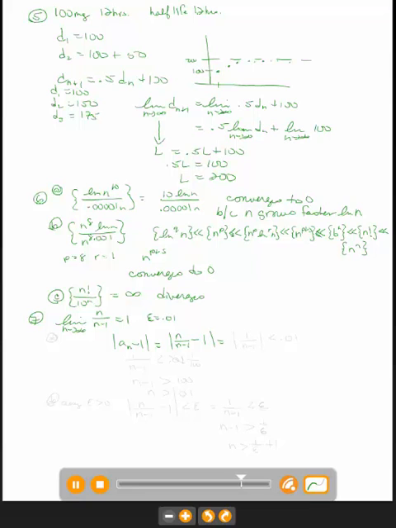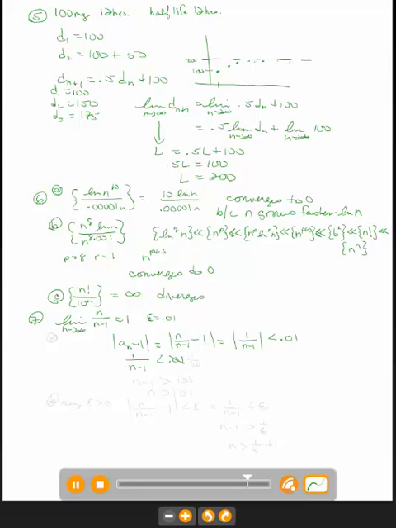If I change the 1 to n minus 1 over n minus 1, I end up with 1 over n minus 1, and that has to be less than epsilon, and epsilon is 0.01. N's got to be greater than 1, so the absolute value can be removed. So all I'm working with now is 1 over n minus 1 is less than 0.01,